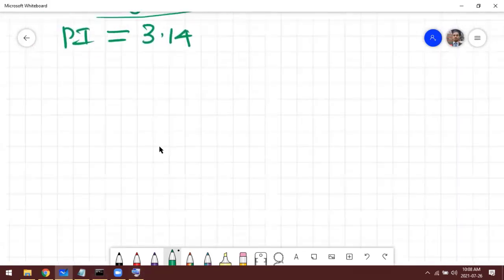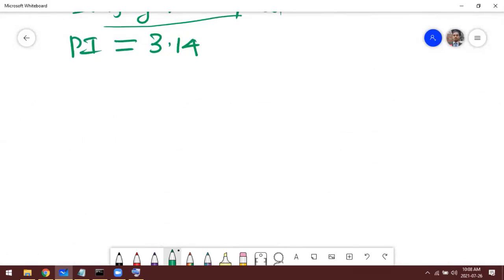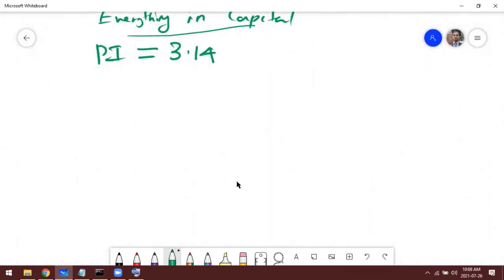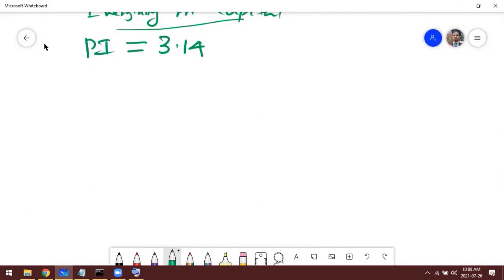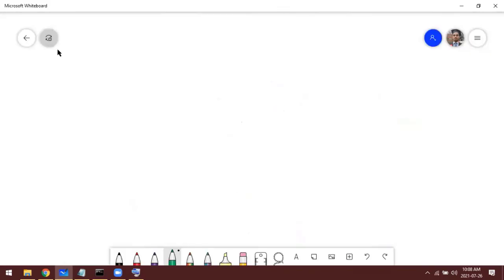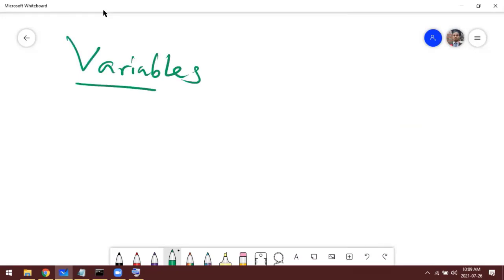Now let's talk about variable, right? Variable is one of the most important things in programming. If we have a very good understanding of variables, then programming will be very easy. Since these are earlier classes, this is our third session.